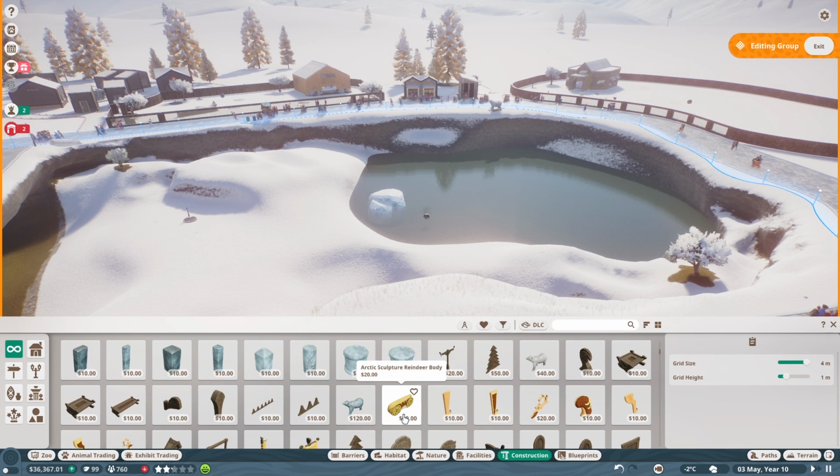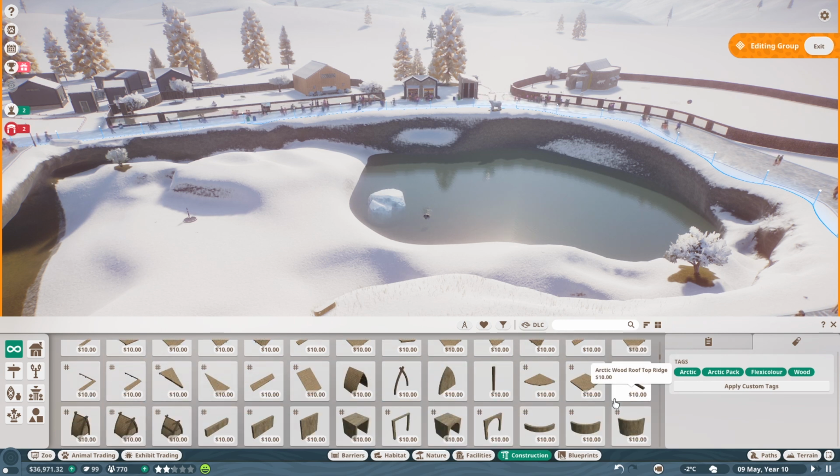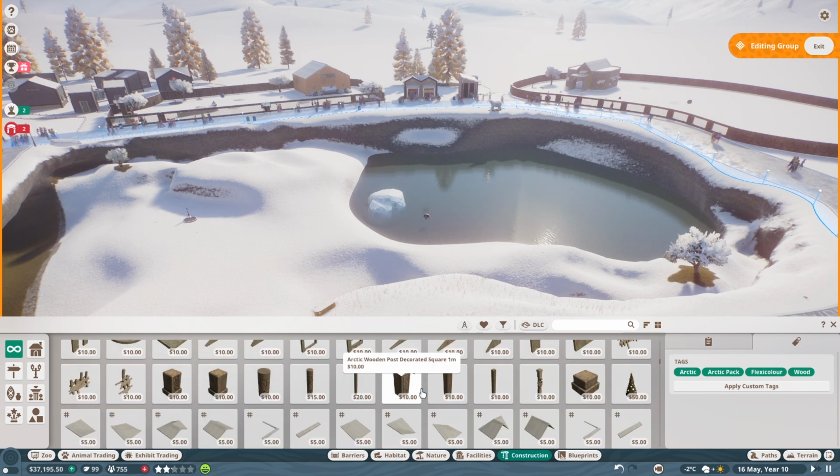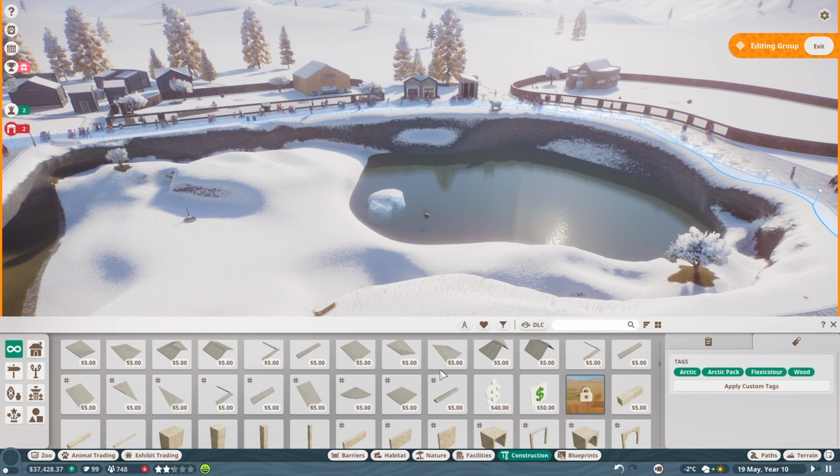We have sculpture, reindeer body. Reindeer legs. Reindeer left leg. Reindeer right leg. Arctic shop canopies, fascias, signs, trees, more windows and doors and stuff. Roofs, arches. Those wooden arches look beautiful. And roofs. Fantastic. So I think they've added quite a lot of blocks in. Tons and tons of blocks, actually. And then we're back to the normal ones. So it's nice that they are all labelled Arctic, because that means they're at the front of the construction menu,